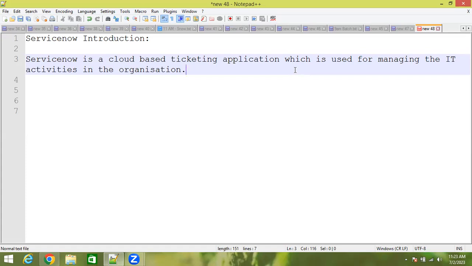So ticket, some of you might already know what we mean by ticket. You raise a request, you get some number, an ID, right? Related to your request, there will be some ID generated. That's nothing but a ticket. For example, you raise a request for your laptop replacement.